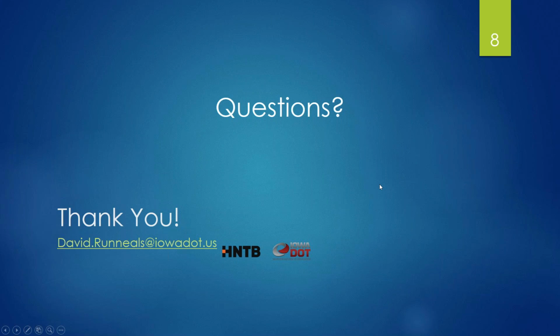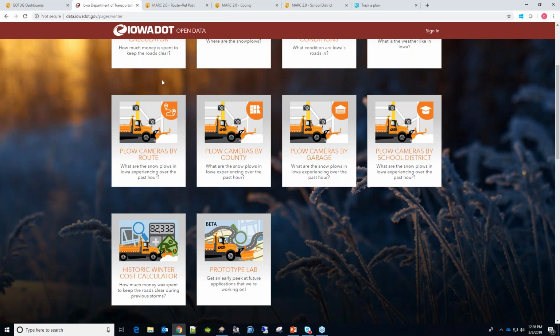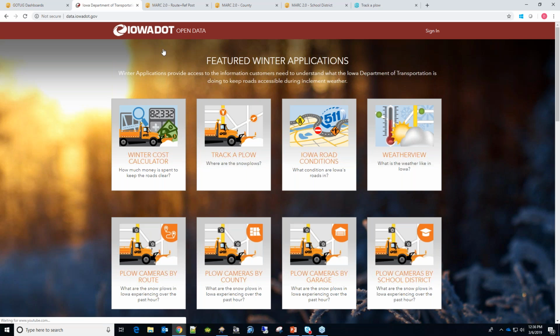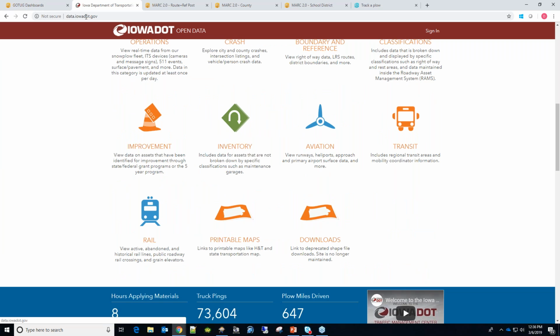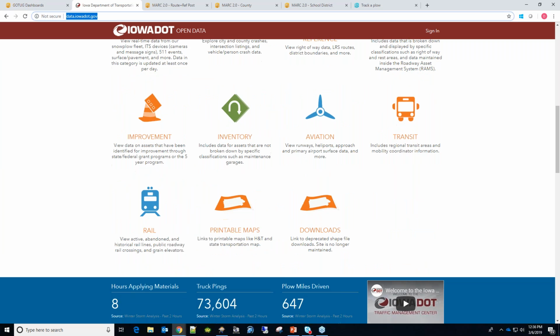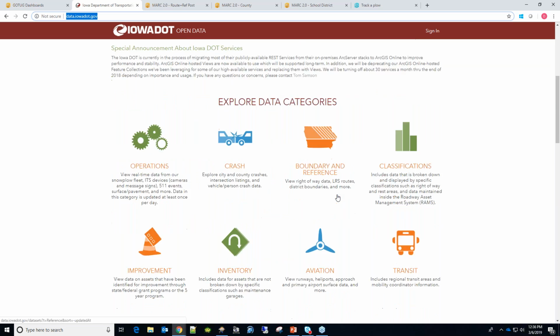Also, the other really big thing we have going for us here at the Iowa DOT is that we push all of our data out in the open. Most of the data, with the exception of the usage statistics, is public. By going to data.iowadot.gov, you can see all of our data sets.